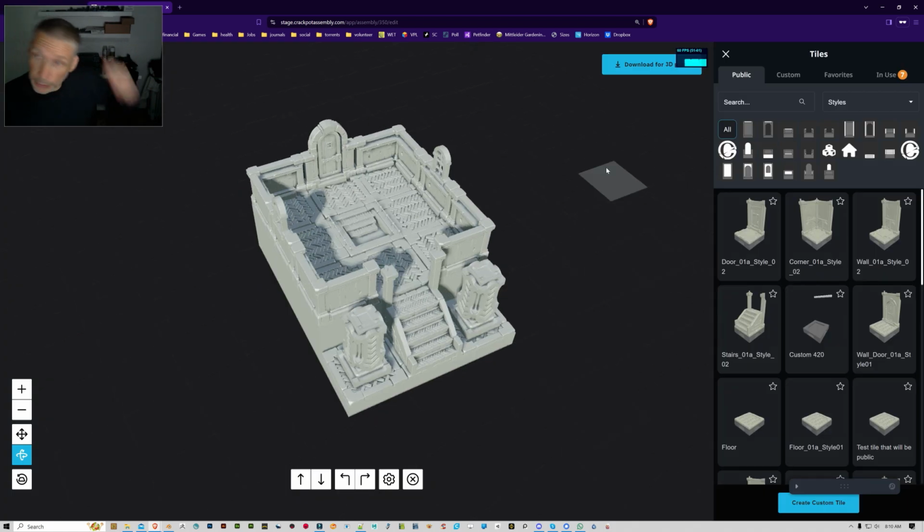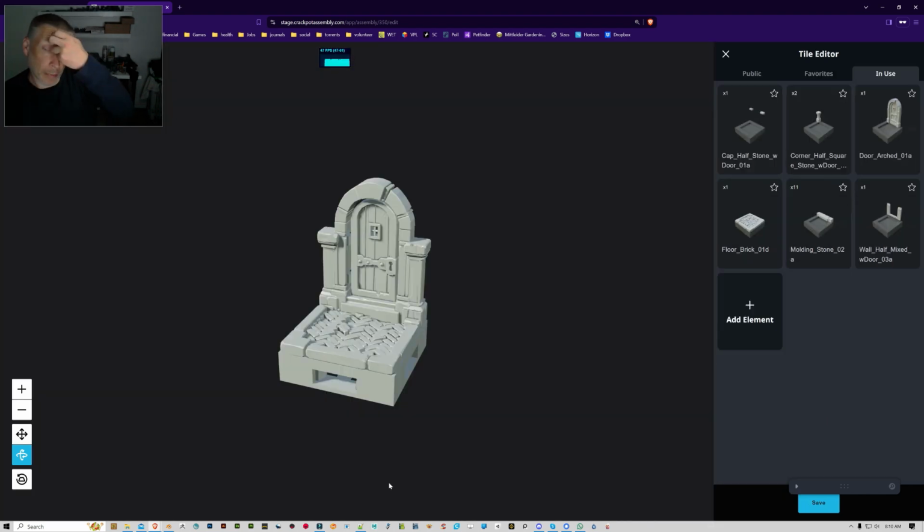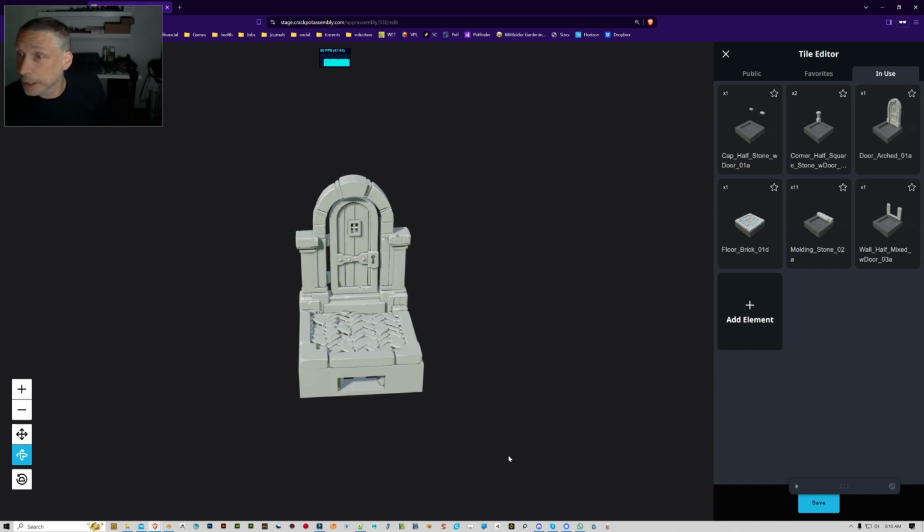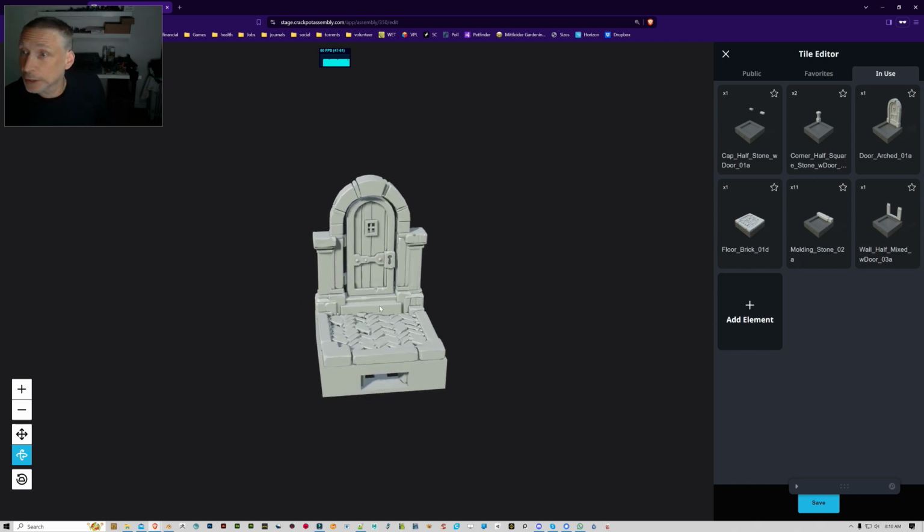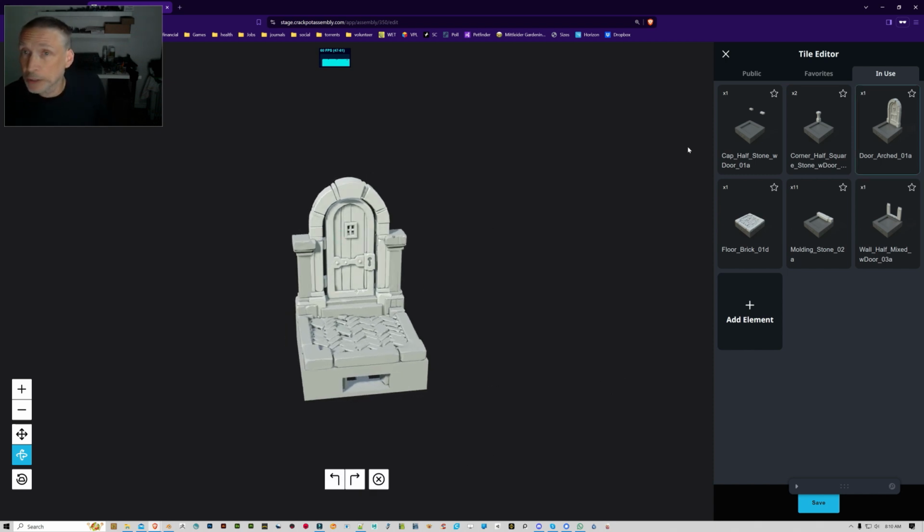Okay, let's say you want to change the door. So you select the tile that you want to change and you click on this button here, edit a tile. And now you can do whatever you like in here. So I'm going to select the door